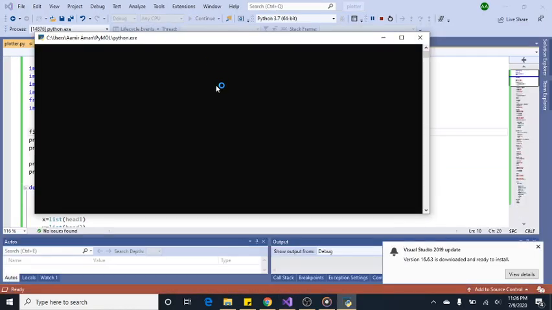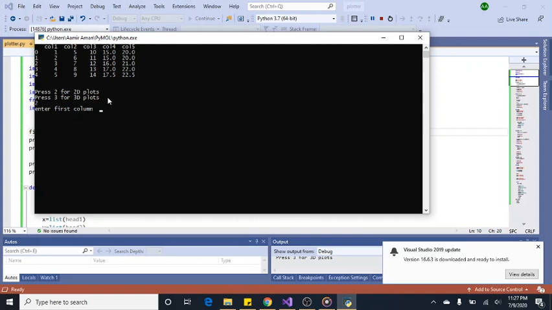If we run this program, first of all it will show us the head of the data, like you can see there each column inside the CSV file. So it will just show us the head of the data. Now it will say press 2 for 2D plots and press 3 for 3D plots. So if we just type 2,